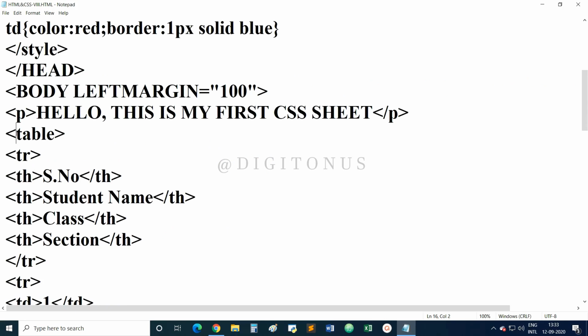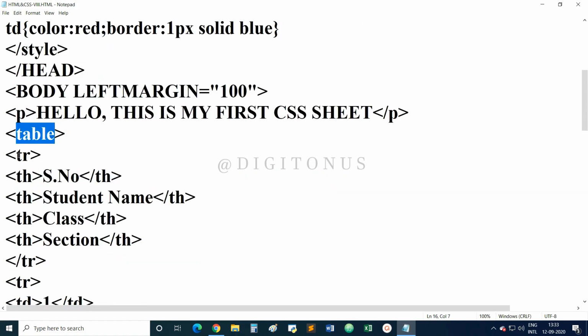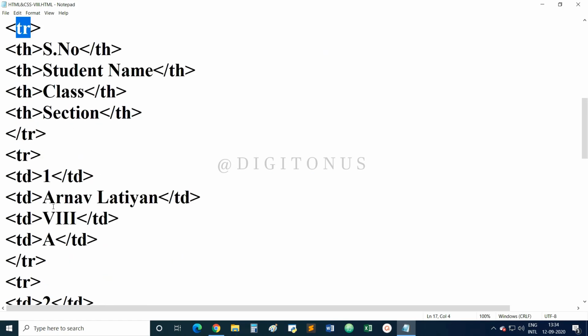Suppose we want to make changes in the complete table, so we will use the table tag. If we want to make changes only in the row, then we will use the tr tag. If we want to make changes in the content, that is the data, then we will use only the td tag in the CSS style sheet. Fine, dear students. So in this video, this much only we are going to learn, that is how to create tables and how to change the appearance.